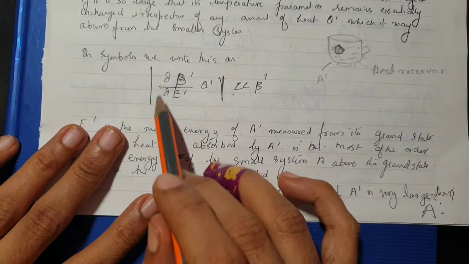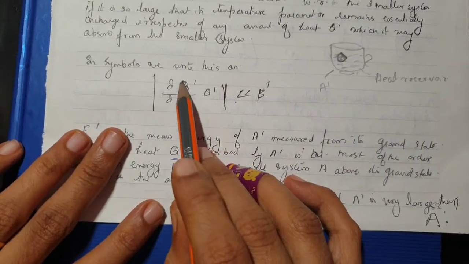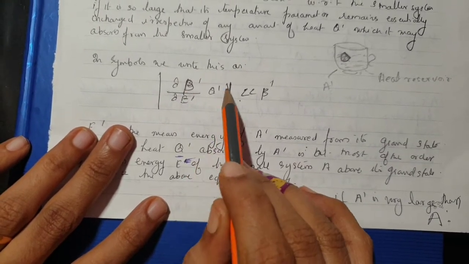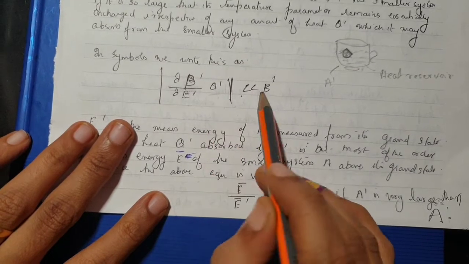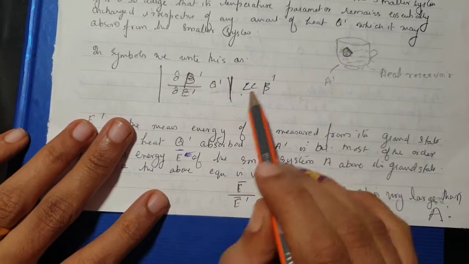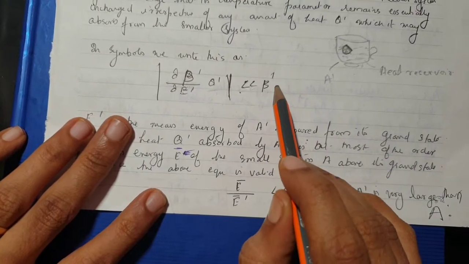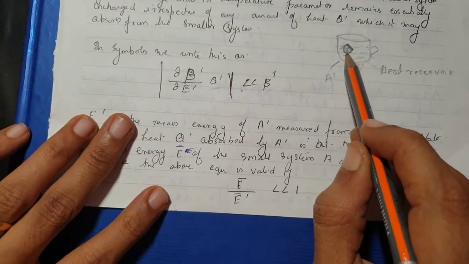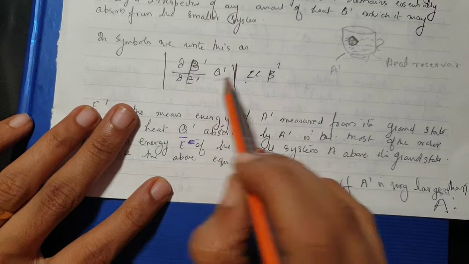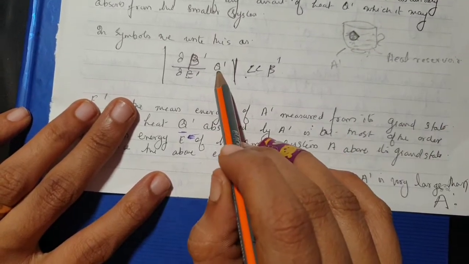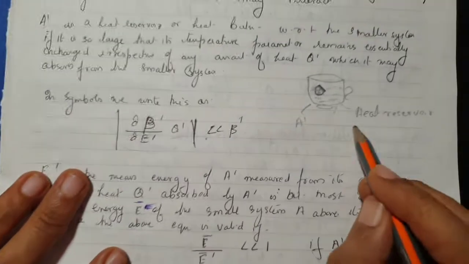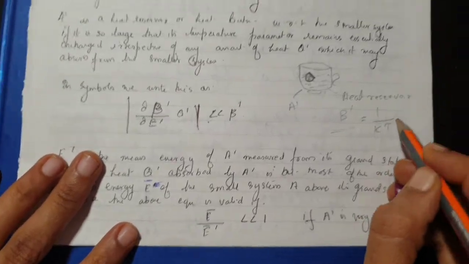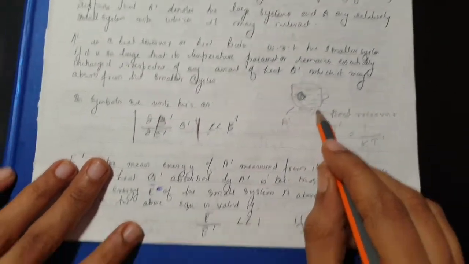What I just told you, we now write in the form of mathematics. This change in temperature is written as the change in beta with respect to E dash, and the amount of heat absorbed by this large system is Q dash. It will be much less than beta dash itself. The change that this cup has due to putting a piece of lemon, multiplied by the heat absorbed by this big system, Q dash, is in fact much less than the total beta dash. What is beta dash? It is nothing but 1 by kT dash, the temperature of this cup.